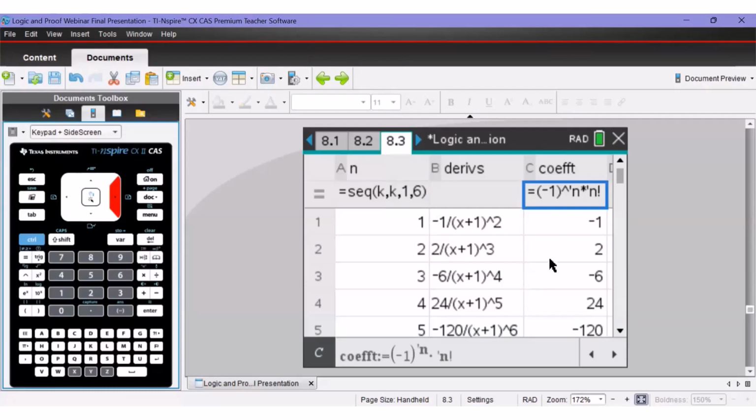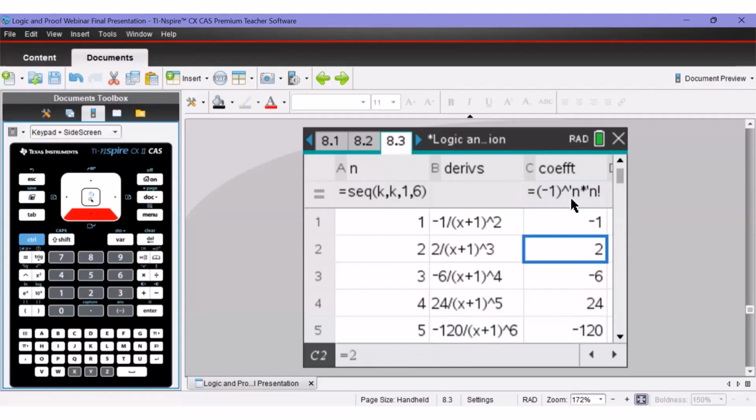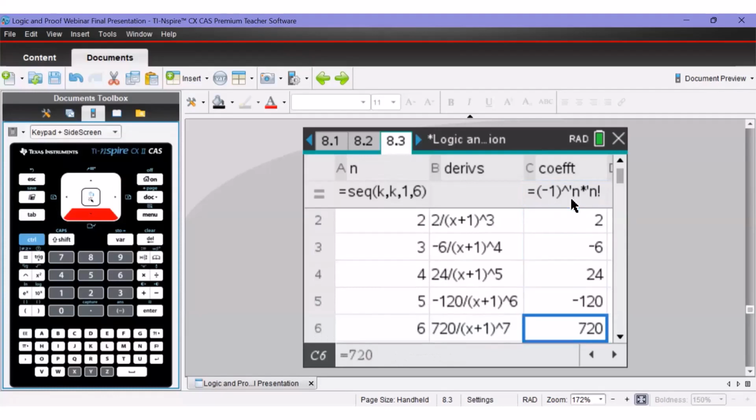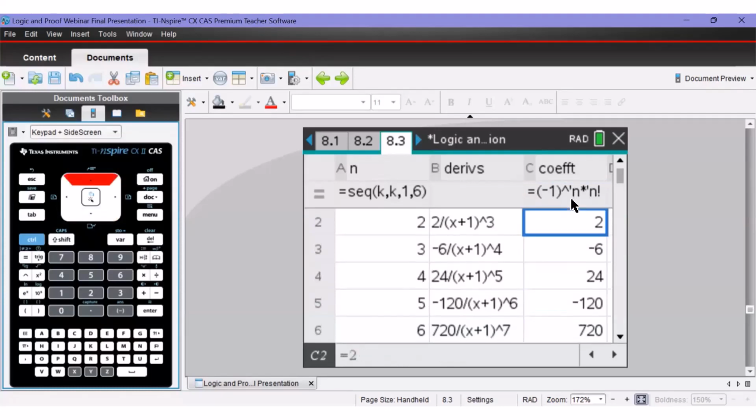The first bit is to work out how do I get a sign changer? Well, -1 to the power of n is a good sign changer, and then multiplied by n factorial. I've put that formula in, or it's the upshot of a discussion. That's the formula that goes into the formula cell for column C, and what we're doing is generating each successive coefficient. That's quite good. Then we can concentrate on what's happening